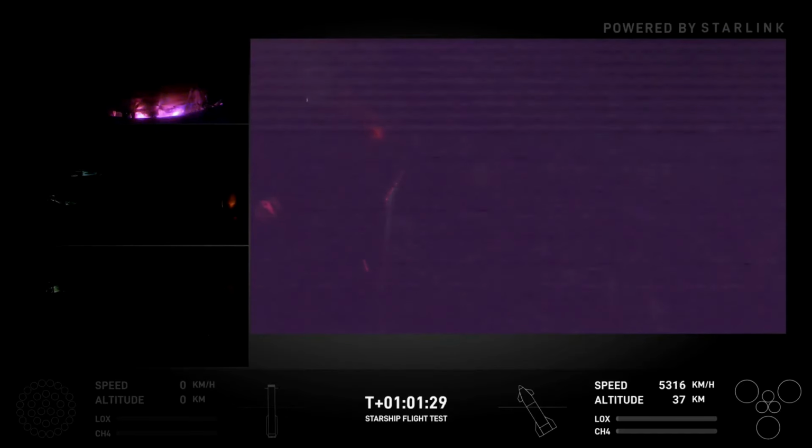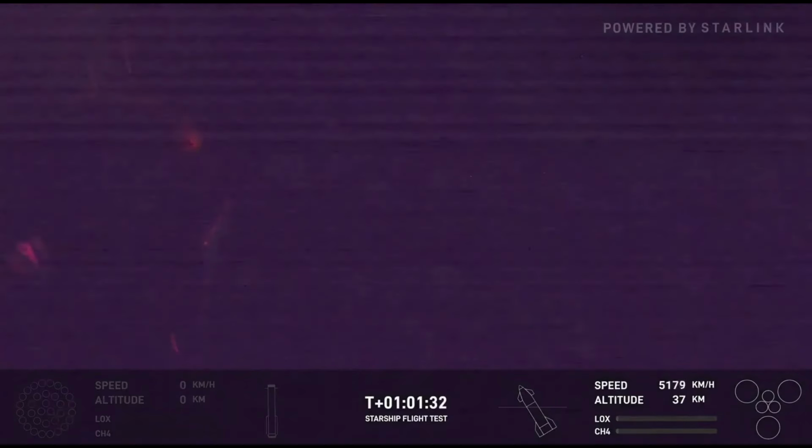Now, the 4 flaps on the ship help steer the vehicle, and one of the main objectives for the ship today is to demonstrate controlled re-entry during this phase of flight, this re-entry phase. Yeah, and we have 6 engines on ship, but we only need 3 of them, the 3 sea-level engines. We will have that flip maneuver happen very close to touching down for splashdown. We'll do that flip maneuver, ignite those engines, slow the vehicle down immediately, and then hopefully have what we call